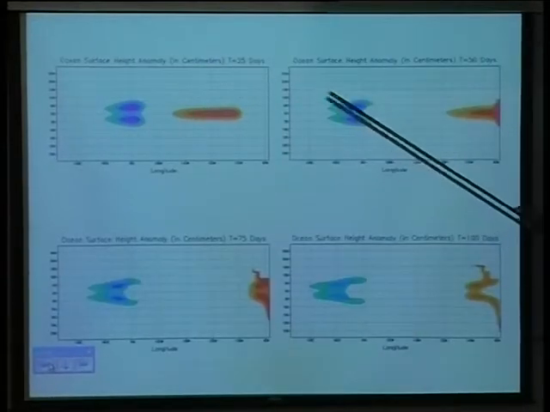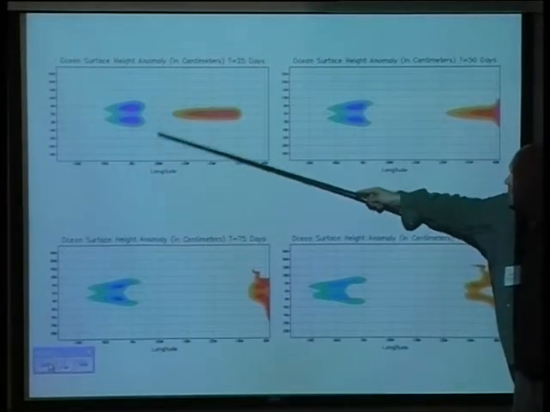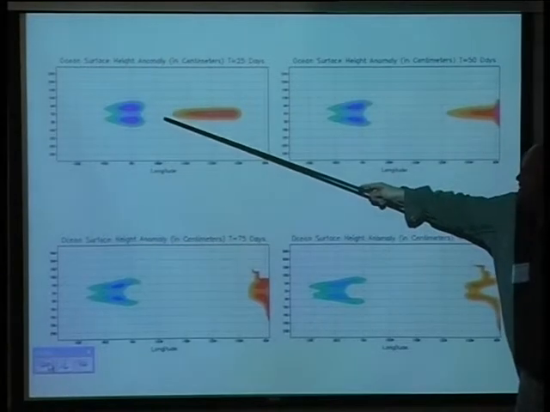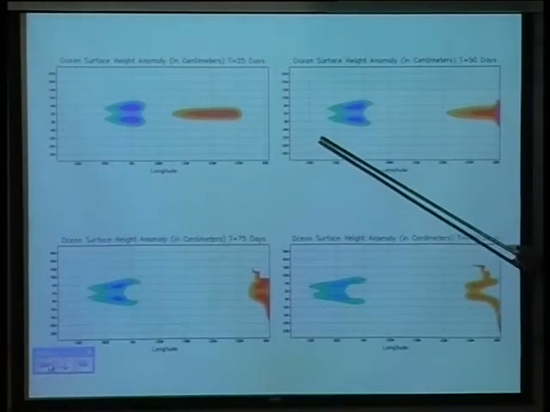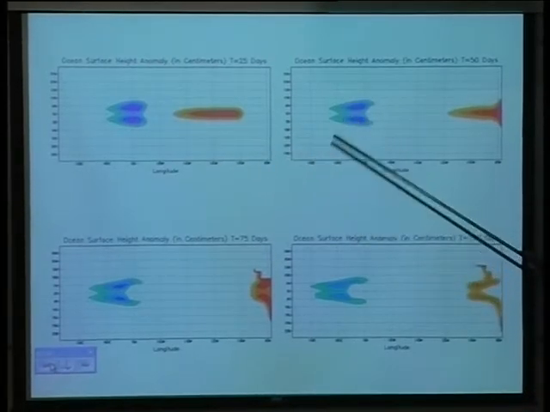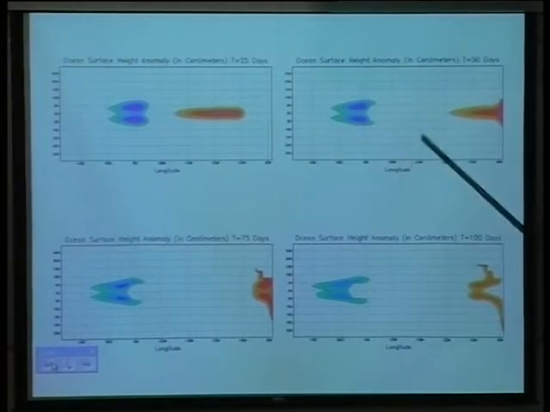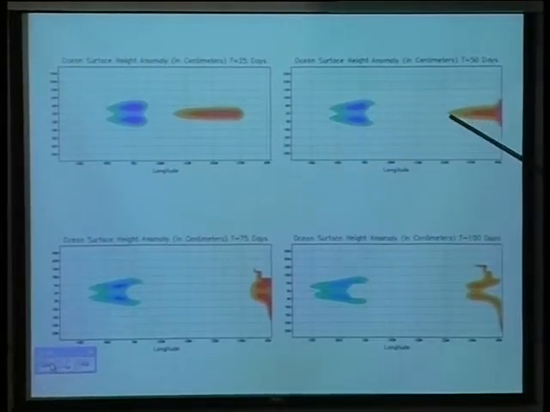So then at some time, 25 days later, these have propagated away from where I've initially prescribed it. What I've done here is I've just made a pulse, right? I haven't kept forcing. So again, this is just so that we can examine how these things propagate and how they reflect. So here by 50 days, remember it's moving at about 2.8 meters per second,